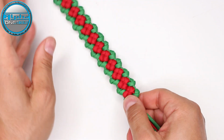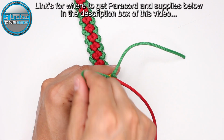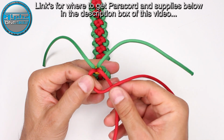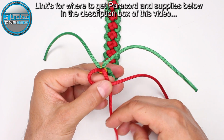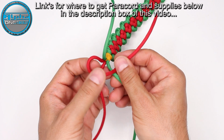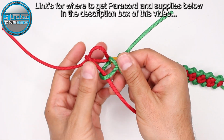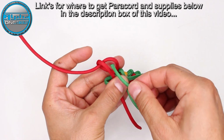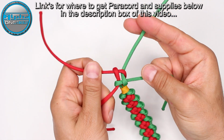So from here, we're now gonna create the diamond stop knot with the 4 strands. Take this strand, place it on top of the closest strand, like so. Now take the strand under this one here and place it on top of the next green one. Now we're gonna take this green and place it on top of the next green, and with the last green, around this green strand and from the top into the loop here. And we created the box, as you can see,